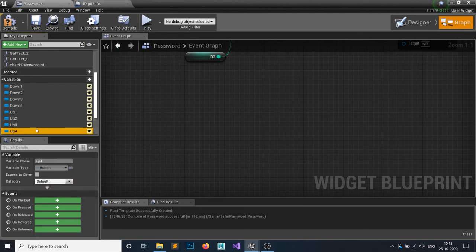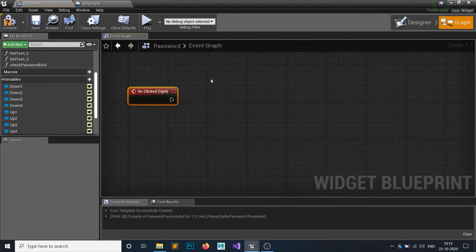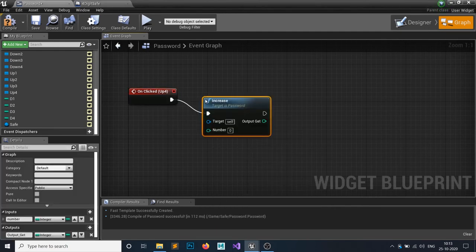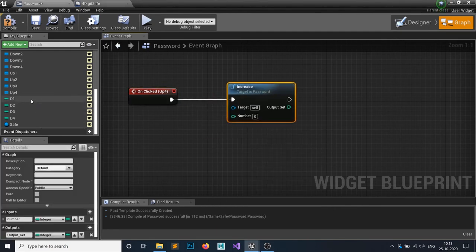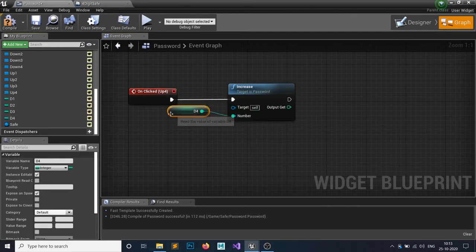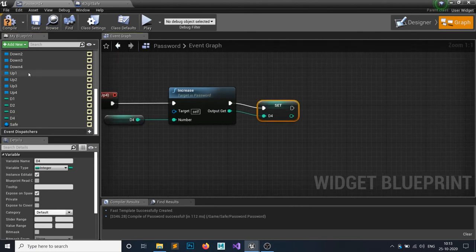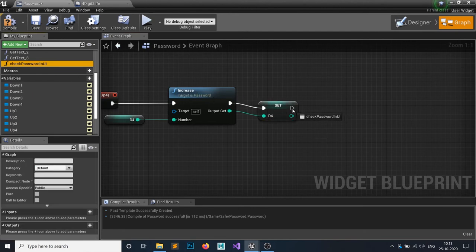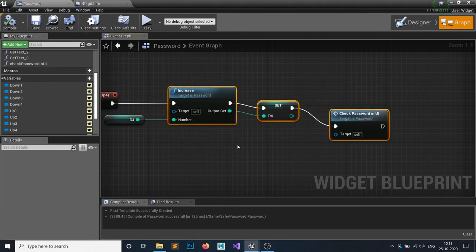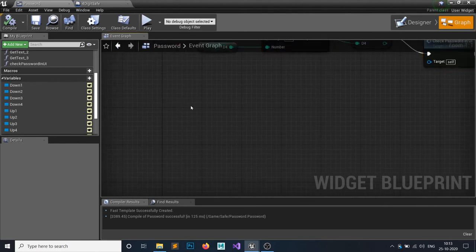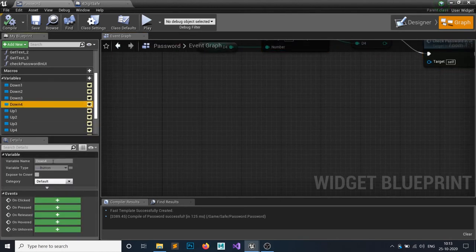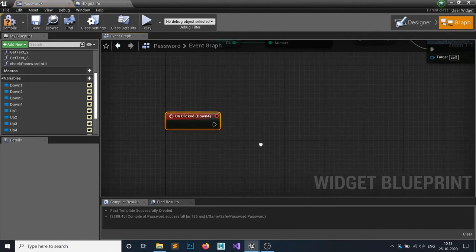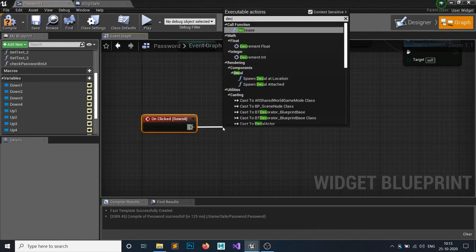Then the up 4 button, simply I want to increase it. This looks more tedious, but believe me, it will work fine. And I'm just gonna call it how it is gonna look. Okay, it compiled, and yep, for the down one, the last one, finally we did it. It decreases.